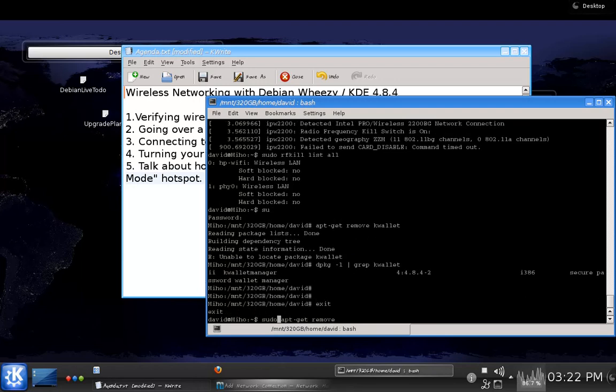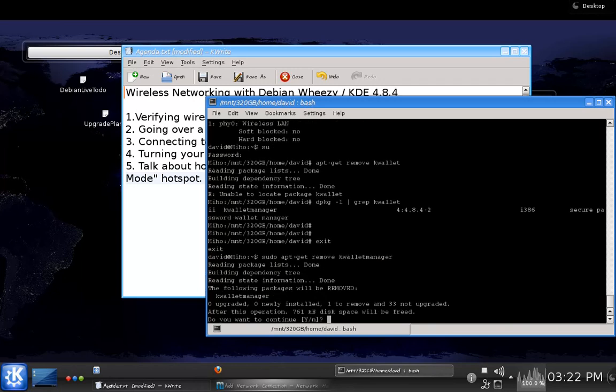You should always run sudo apt. You should be using sudo, not root. Apt-get remove kwallet manager. And see, I can remove this package without